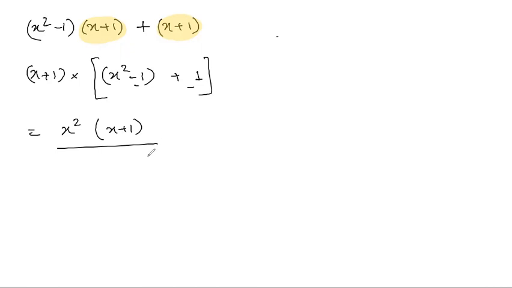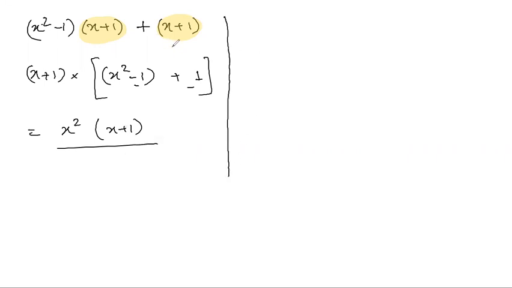That's it. Do not straight away jump into multiplying out. I have seen this very commonly, that you start multiplying x times x squared, you write something, then x times -1, and then you add up the whole thing, and then again you take. So that's a waste of time. Don't do that. Always take whatever goes common first and try to simplify it.